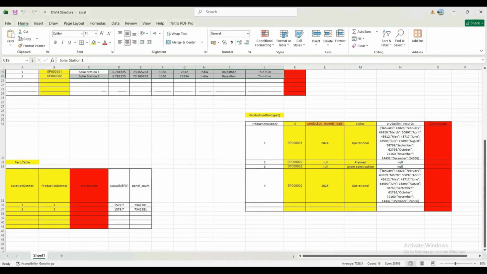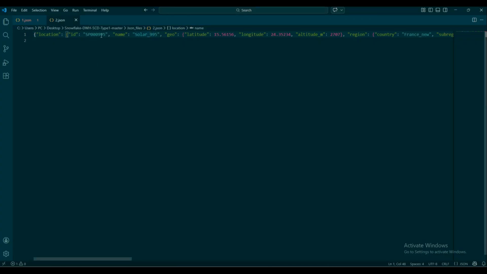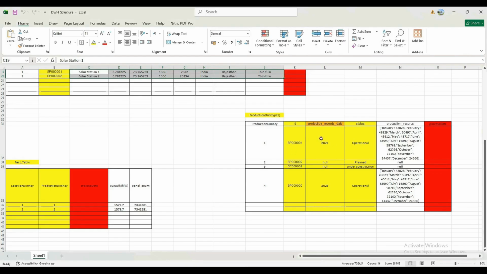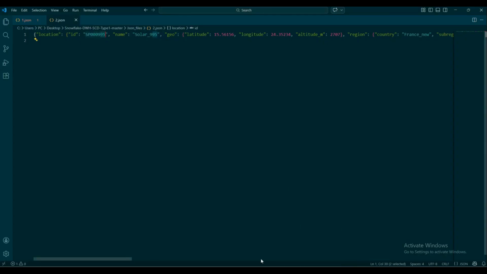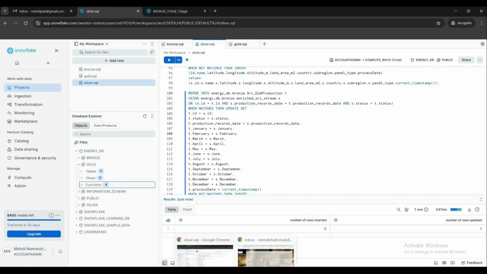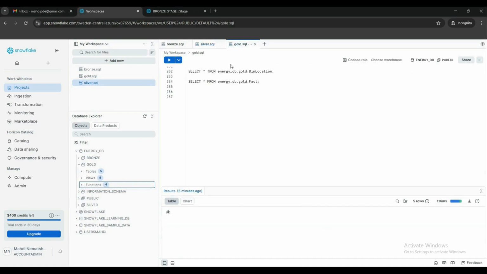I mean, I changed this record, it is already here, but it's just only updated, and nothing happened in the dimension production. So let me go to gold,